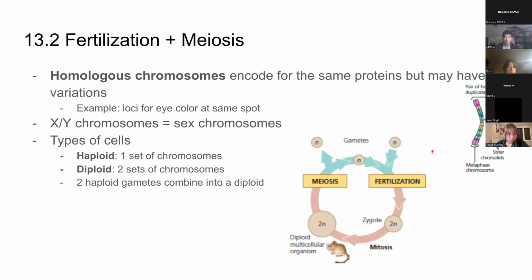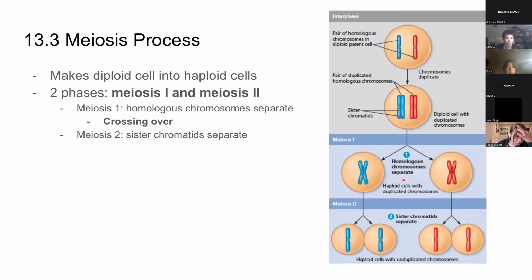There's haploid and diploid, and gametes are haploid, and normal body cells are diploid. And in order to fertilize and form a new organism, the diploid multicellular organism has to go through meiosis, which is what we're going to be talking about, to form gametes, which can combine to make a diploid organism again. So meiosis, in a lot of ways, is very similar to mitosis, right? It's basically doing mitosis twice. So here, they divide it into meiosis 1 and meiosis 2,